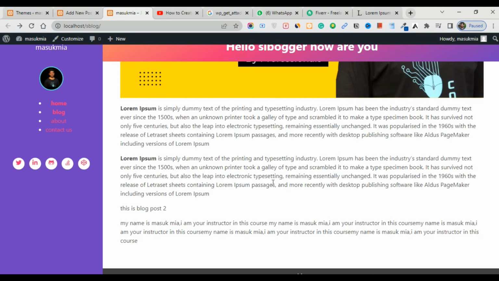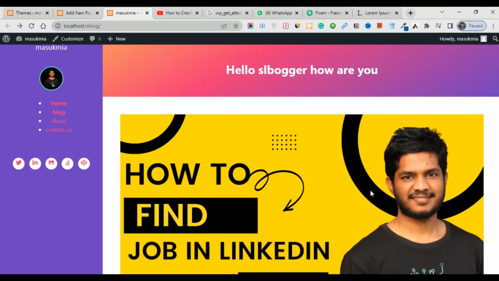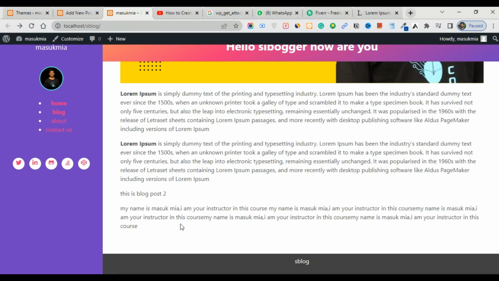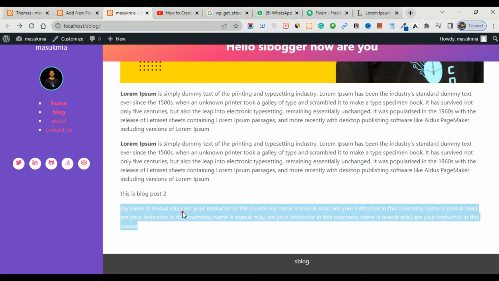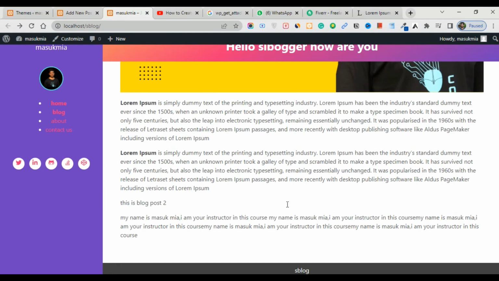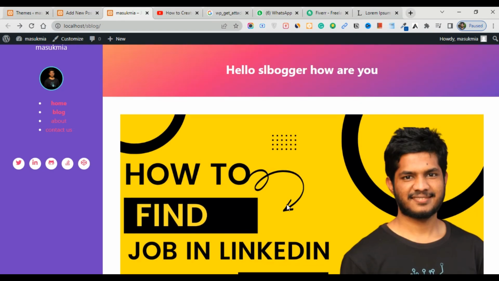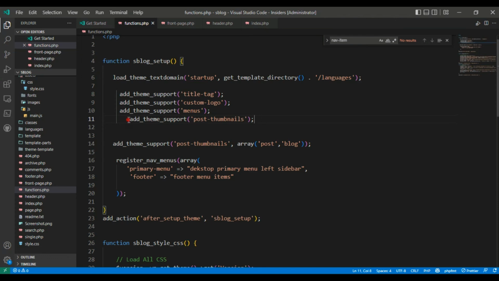everything is dynamically updated in this blog, but the design is not found here. And another post like that, this is post 2 and this is another post description. So this is not beautiful, so I hope you'll enjoy this tutorial. I'm going to change this post criteria, and obviously you can support the post thumbnail and post blogs. After that, images and everything you can support here. Okay guys,